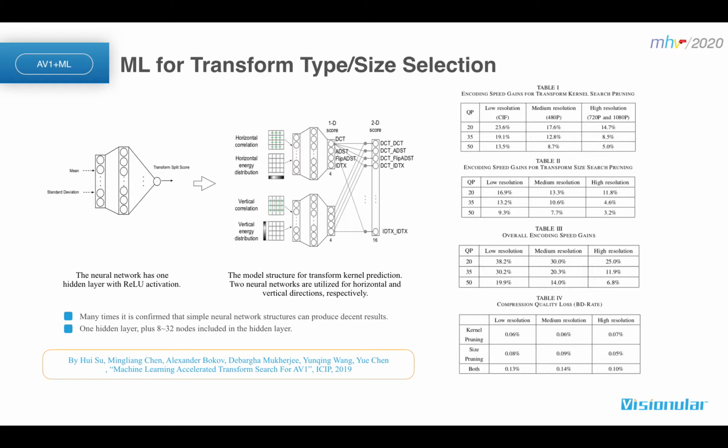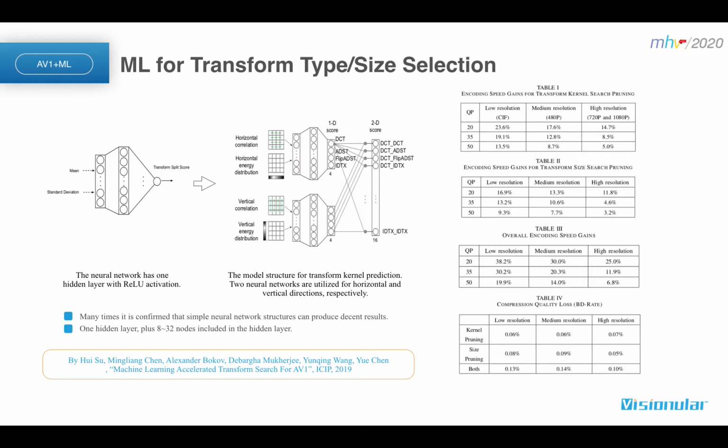So a neural network that can be leveraged for encoding, usually not so complicated a neural network can achieve a very decent result. Here it is shown that one hidden layer many times can really work well. And within the hidden layer, not that many nodes, for example, up to 8 to 32 nodes could be enough for the hidden layer to achieve a good